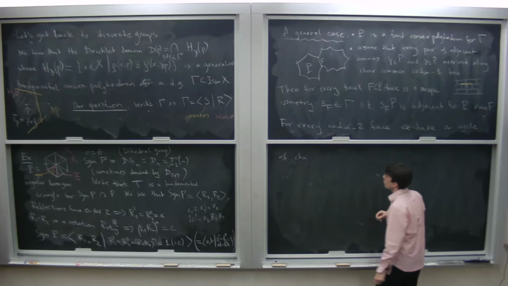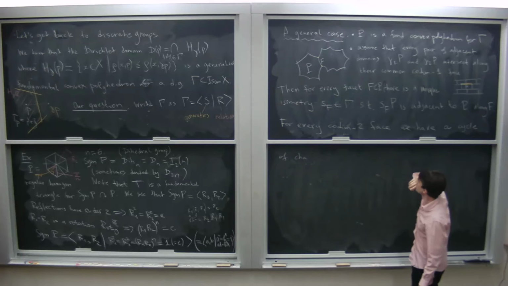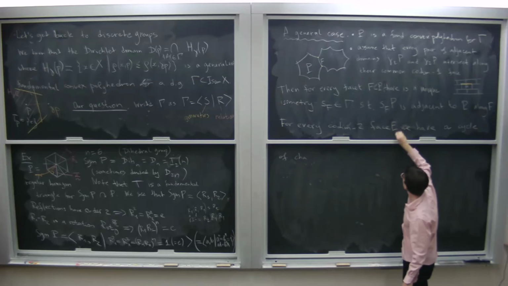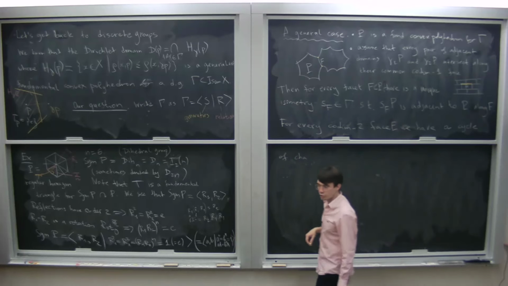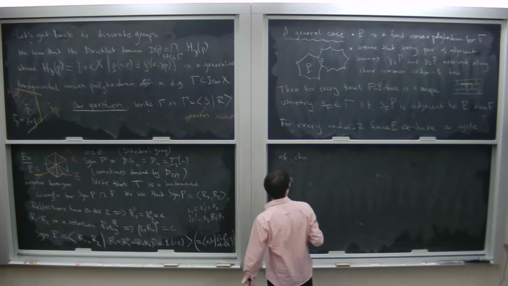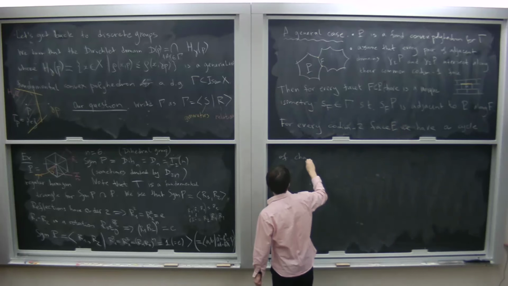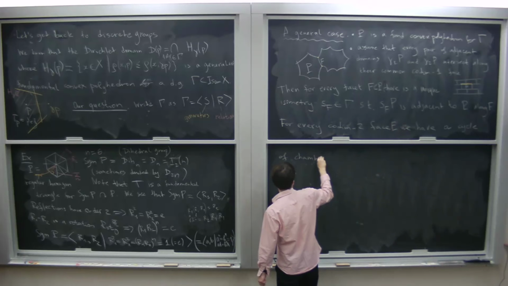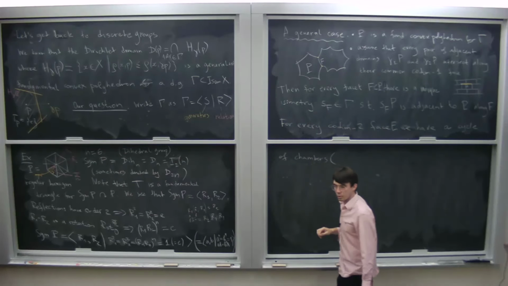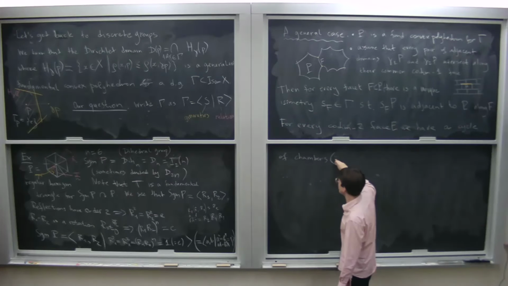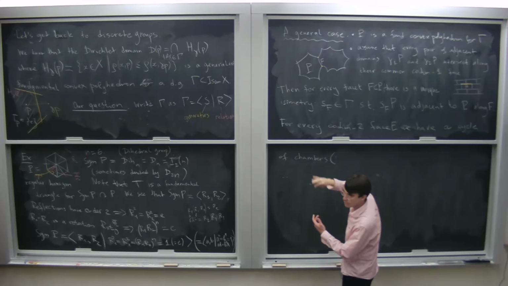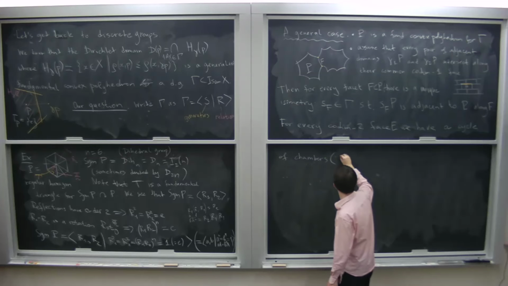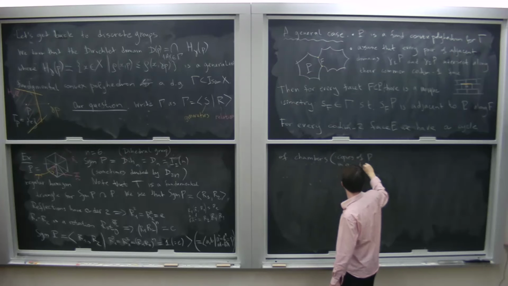Okay, I should use some notation. Let me use the notation E, since it's analogous to edges in dimension 3. So I have a cycle of chambers. By chambers, I mean the copies of my fundamental domain. So these are copies of P in our tessellation of the space X,